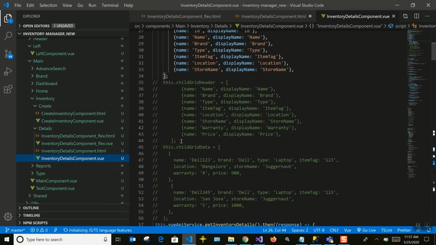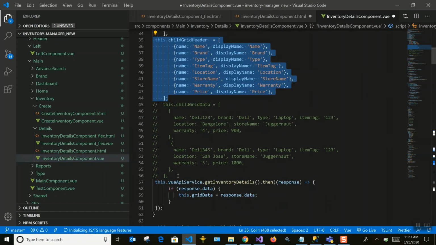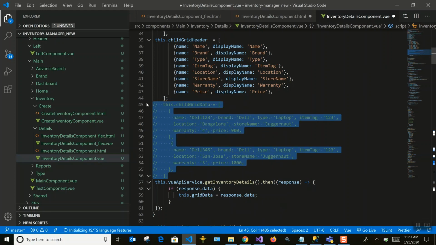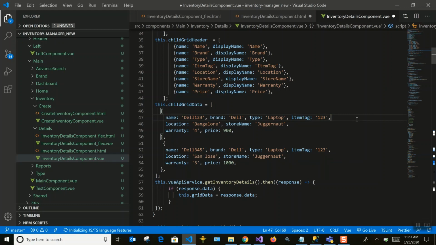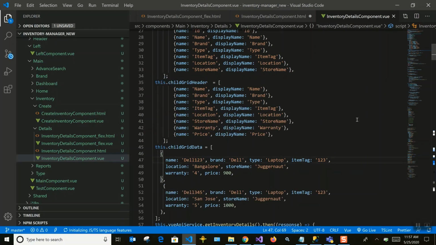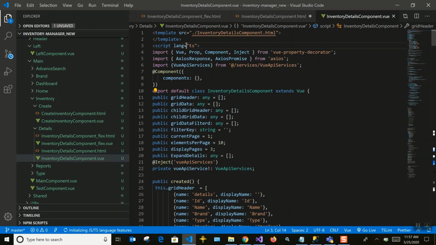We have the child grid header and the child grid data, so those two arrays we will enable. This will fill in the details in the grid. You can see the declaration here. In TypeScript, it's not best practice to give any type.